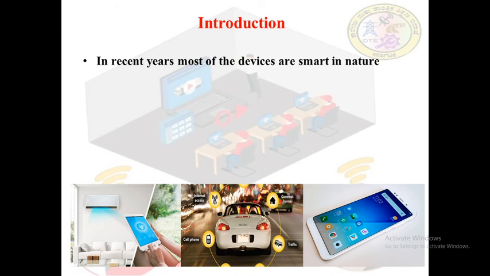Even in our automobiles, we see programmed fuel injection, wherein the right quantity of fuel is injected into the engine based on the load and the speed requirement. All these are not with the human intervention, but because of these smart systems. They are able to adjust themselves, they are able to decide themselves what needs to be done in order to maintain a desired level. This is the main feature why we call them smart.